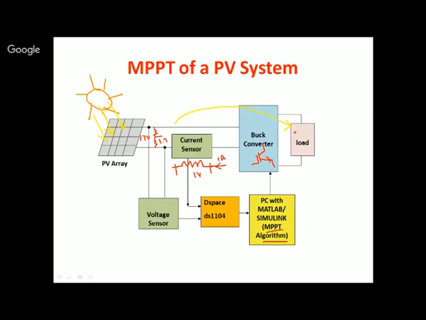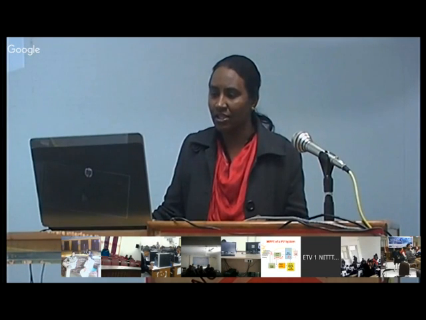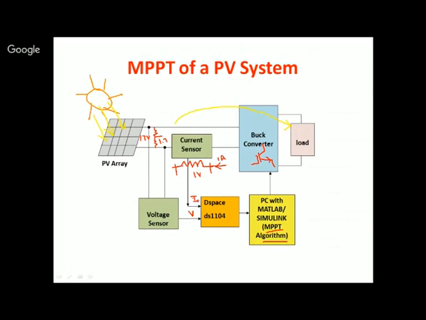Then you can have artificial intelligence based algorithms. In all these algorithms, you take the voltage and you take the current here. Voltage and current are given as input, and the duty cycle of this power device will be your output. By controlling this, you adjust the impedance. You do the impedance matching here, and maximum power will be transferred. So this is simple. You understood what MPPT is, maximum power point tracking in PV.